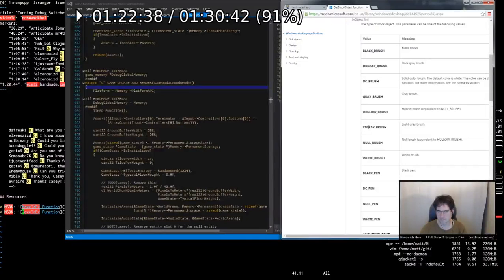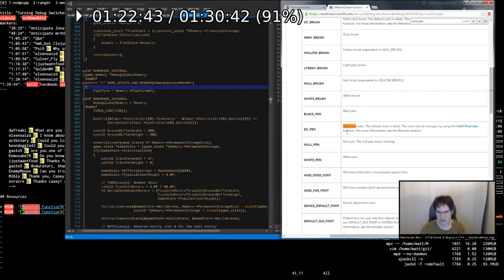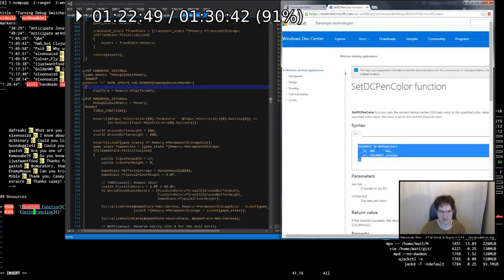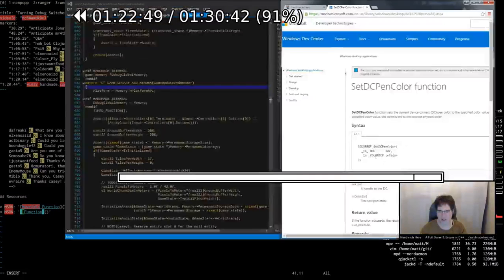Solid pen color. This thing, right? So you can call like SetDCPenColor, and that allows you to kind of mess with it. So I could say like set DC pen,